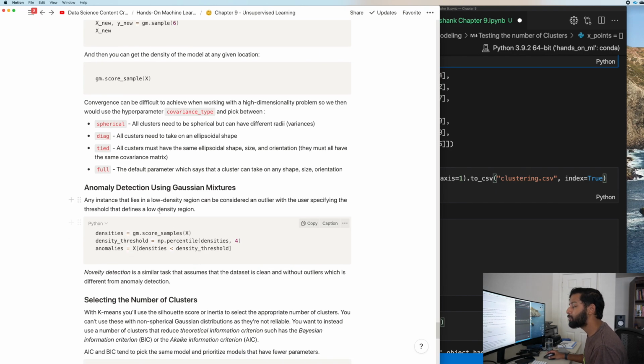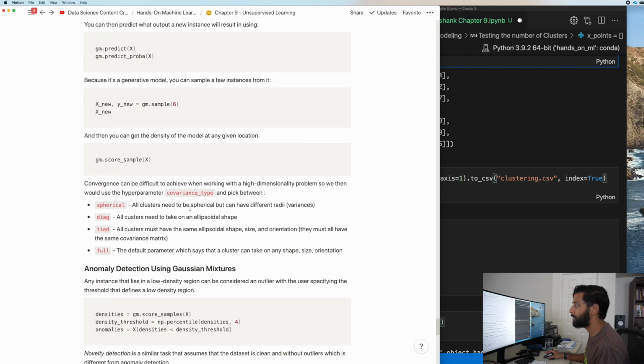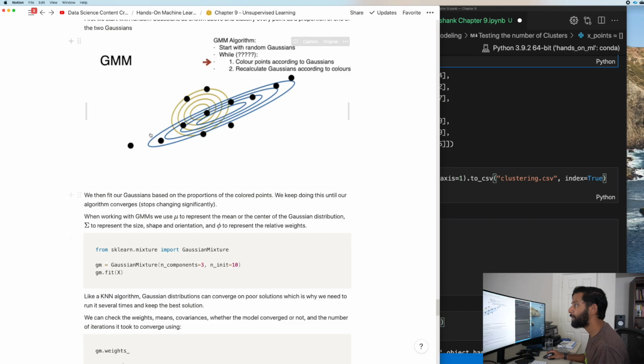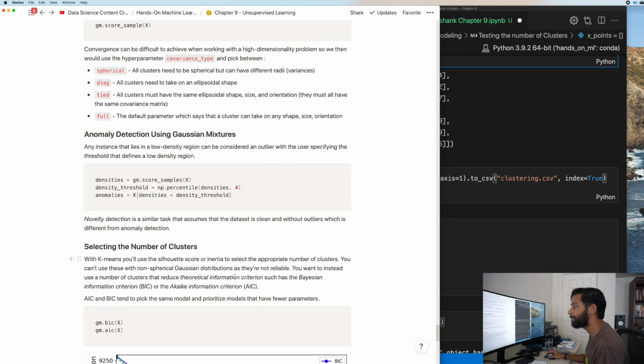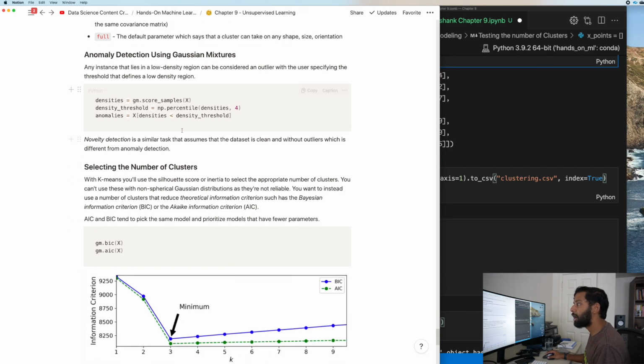And you can use GMMs to detect anomalies by detecting any instance that lies in what's called a low density region. In this case, a low density region would be somewhere like over here. You're not near any GMMs. And then novelty detection is the same thing, but coming from the opposite angle. With anomaly detection, you don't necessarily assume that your data is full and correct.